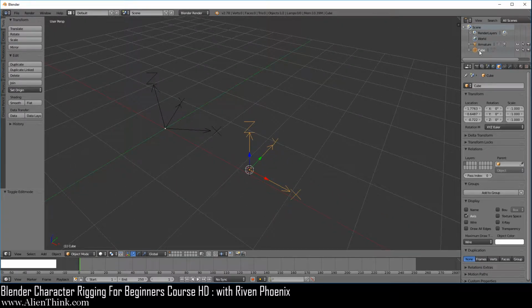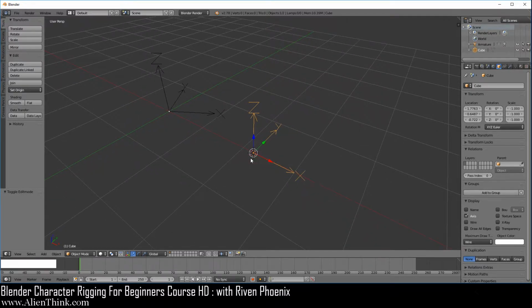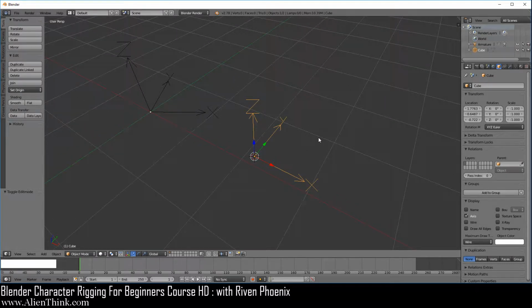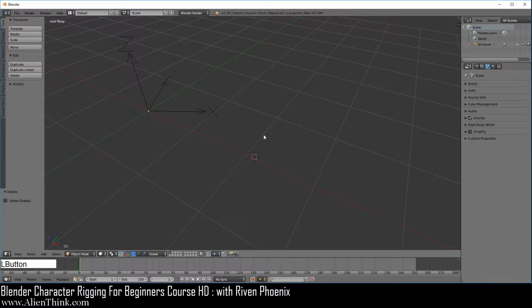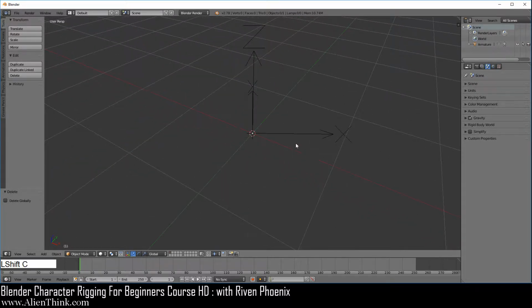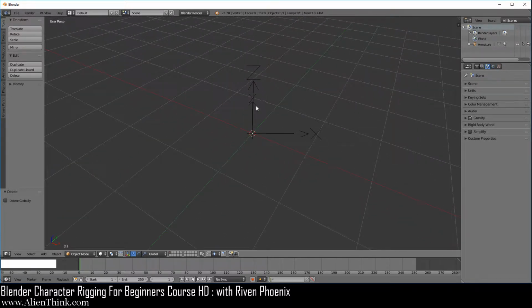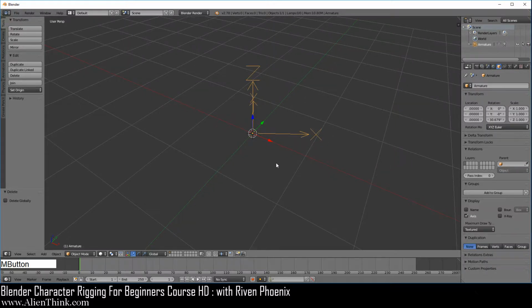Because again, we're dealing with the objects. This is at the object level. So when we have this cube object selected, press the R key, press the Z key, you can see that we can do the same thing. See, there really is no difference between how this concept works when we're dealing with it at the object level. So just do X and delete this. Now do Shift C to place the 3D cursor over here. Go ahead and click on the armature over here.